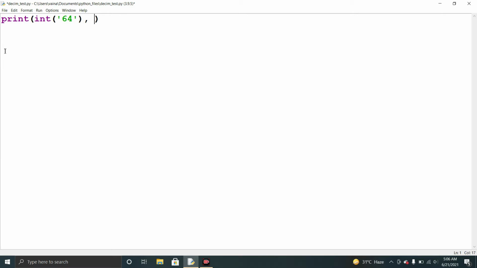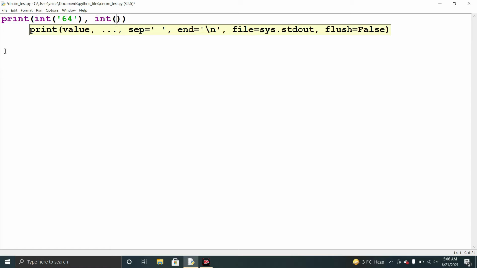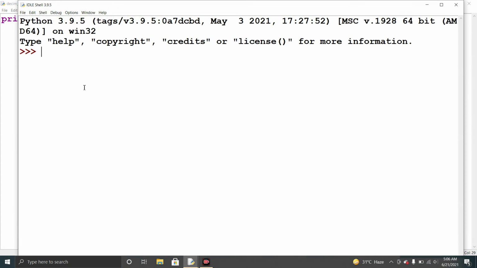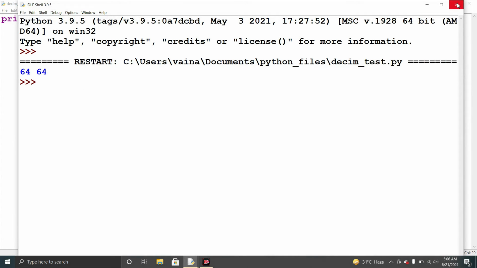And if we write int of 100, separated by comma, and I passed it as 8, that is, we took the input as the string 100 and it is converted from base 8 form. So we get the resultant as the integer output by doing type conversion as integer. So when we run it we get the output as 64.